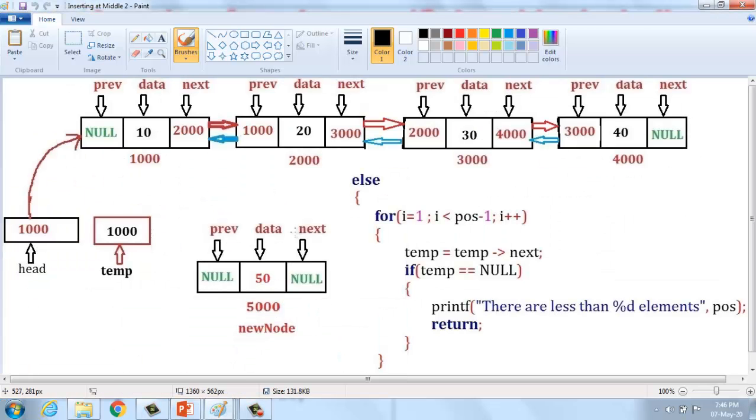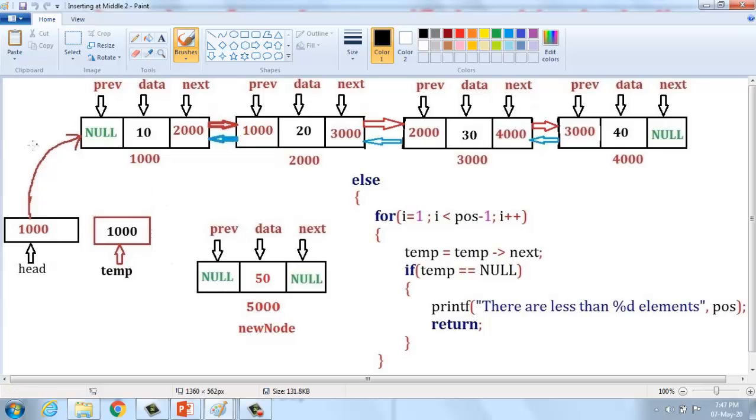And the second one: we are going to insert at any position in the existing given linked list. Before that concept, we have to check whether the list is empty or not. If the list is empty, it means we are going to insert at the first position, that is, the first element is also the last element. Here, we insert at the middle or any position in the given linked list.